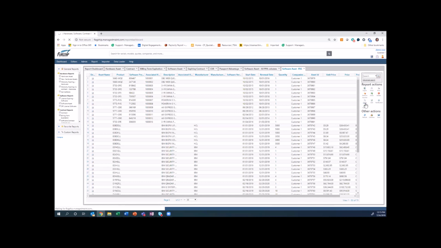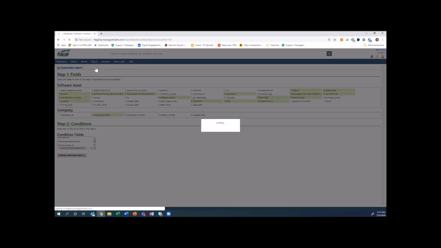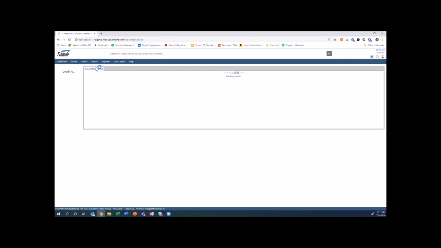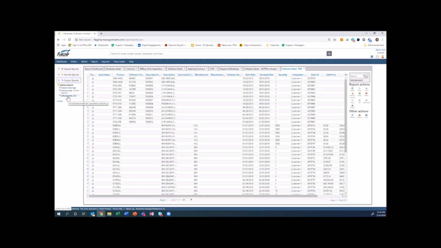So you can simply clone a report. You can select what columns you want to see in your report. You can even add your own variables or conditional fields to create that report. And then you can save that report so that you can run it over and over again. The beauty with reports is you also have the ability to share reports. So you can share them with other people within your organization, allowing them then to see custom reports that you have created and shared so that they don't have to go in and create the same report,